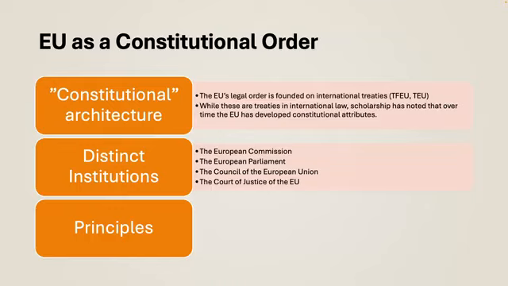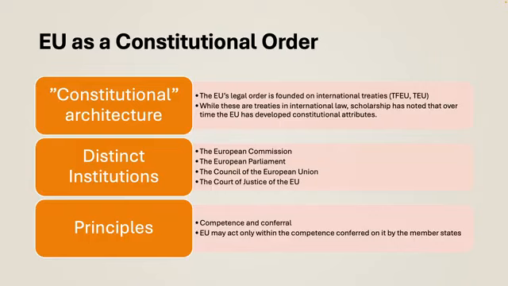And then finally, there are norms and principles. Similarly to the WTO, there are norms and principles, so things like competence and conferral from member states to the supranational institution. The EU does act only within the competences that are conferred onto it by the member states. But we can view this again as analogous to the constitutional limitation on power. Again, if we're looking at these institutions through a lens of constitutionalization, trying to find constitutionalization where we can see it, that is an illustration of that. Let's dig a little bit deeper then and look at some EU jurisprudence.